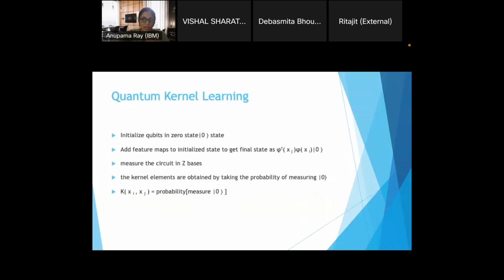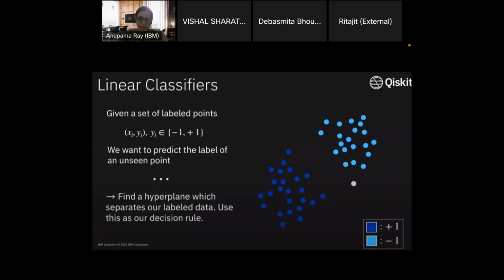So the next algorithm that we're going to look at is quantum kernel learning. And I'm not sure how many of you have a classical machine learning background. So I'll quickly go over a couple of slides, which are actually adapted from Quantum's Global Summer School 2021. So these slides in black, you would have seen them if you have attended Global Summer School. And these are very simple slides, though, so I thought that we can quickly introduce the concept of what happens